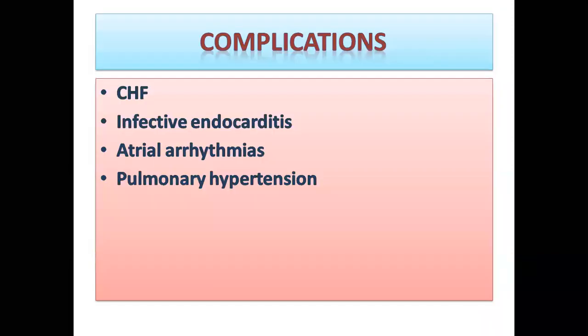And the last one is complications. Among the complications, congestive heart failure is the most common, because the heart fails to function. The next is infective endocarditis. This is due to recurrent respiratory tract infection, which leads to the infection entering into the circulation, which affects the cardiac layers also. Then atrial arrhythmias. The atrial functioning will be affected. The rhythm of the atrium will not be maintained because the right side will become hypertrophied also, with a possibility of pulmonary hypertension. So these are the complications.